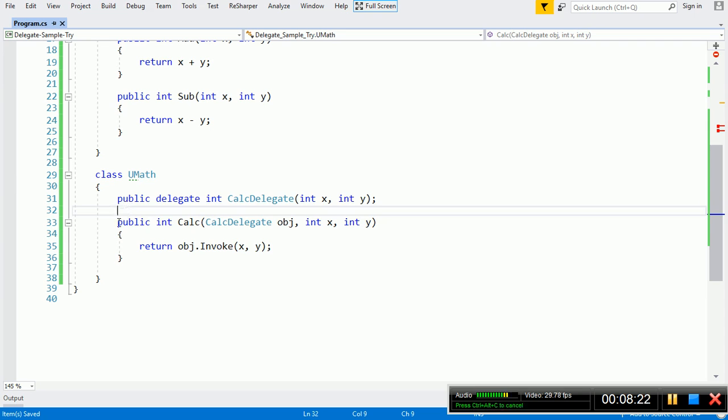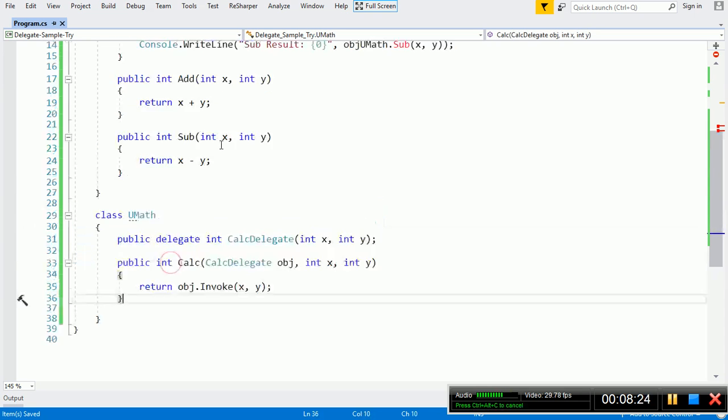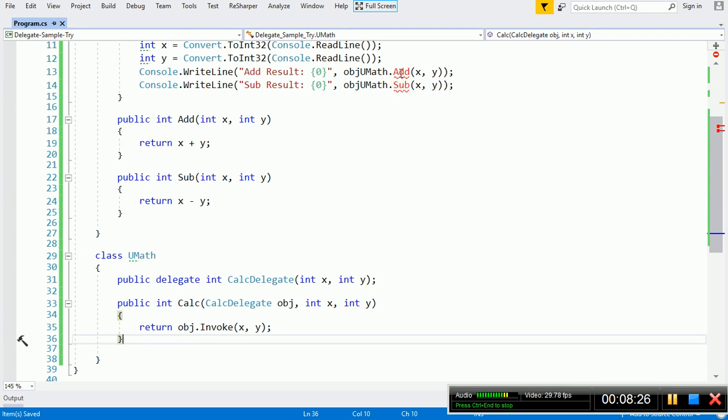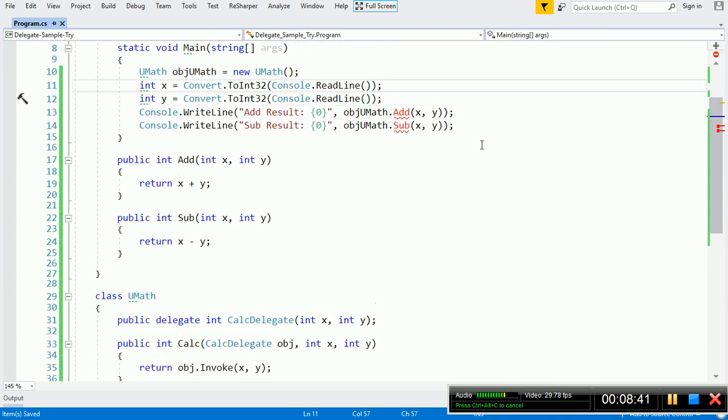Now why do we want to write this function like this? Here, instead of using umath.add and umath.sub, we will write our own logic and then make this calc function call our function. So I will delete all this.